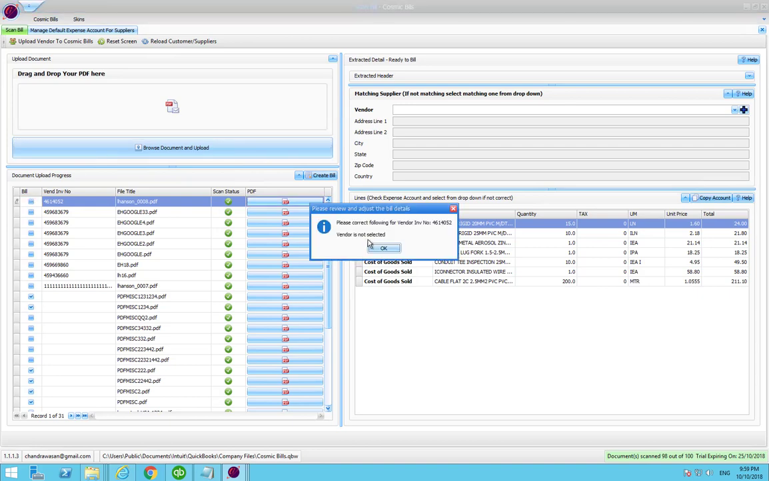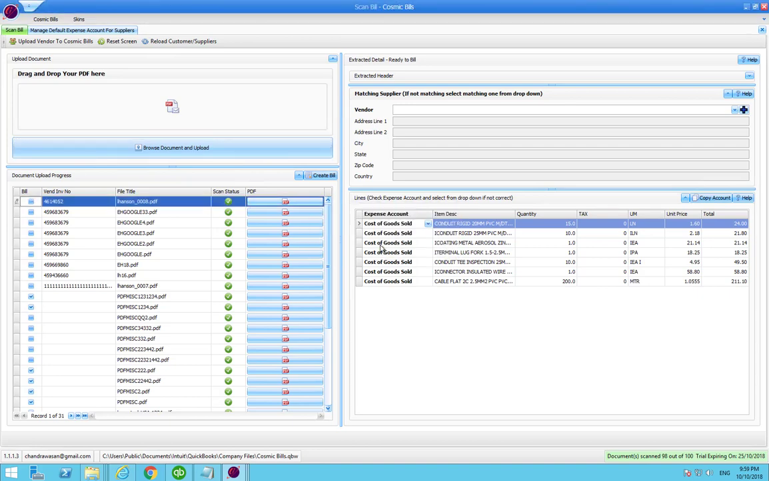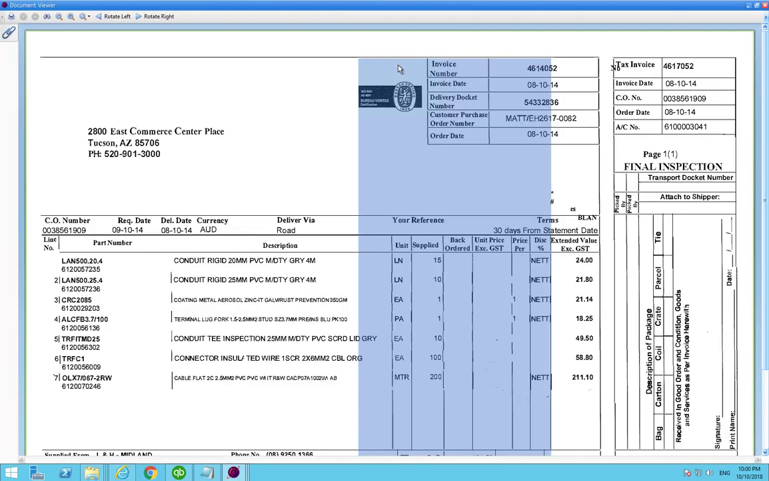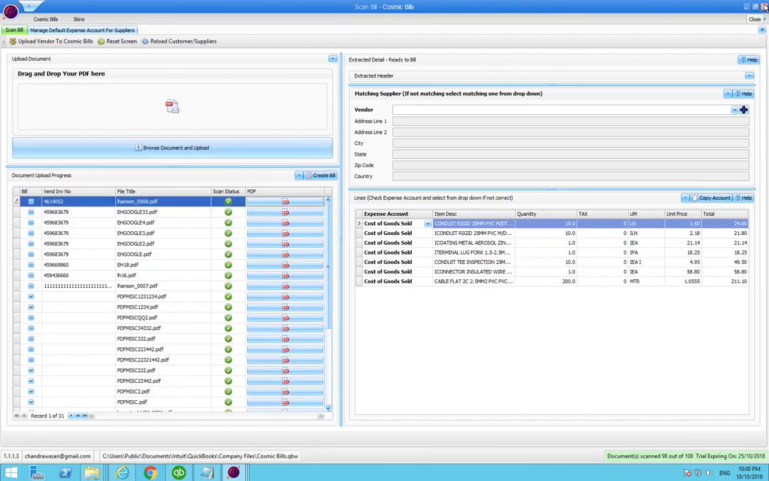So this vendor is not selected. Obviously this is an unknown bill I picked up. So I just opened it to see. There you go. So this bill is not the perfect one. It's not even coming out properly. As I said earlier, these bills are not perfect, but for the demonstration purpose, what we will do is